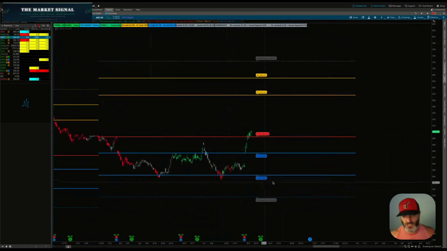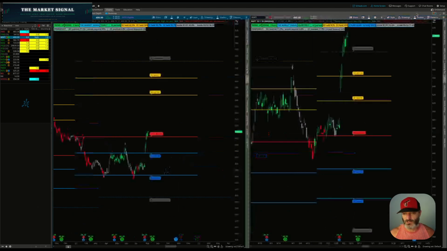This 363 was a major area of importance. Break below it one day, get back on top, target, wick above, jump up there nice and pretty, all the way back down to S2. And now what do we do? We hold S2 at 363. I love when they do this. It's like they know the lines are on the chart. What do they do? They consolidate it and they gap it. Where do they gap it to? Right above S1. They retest S1. Now where are we sitting? On top of the pivot. That's really good. That's really, really good.